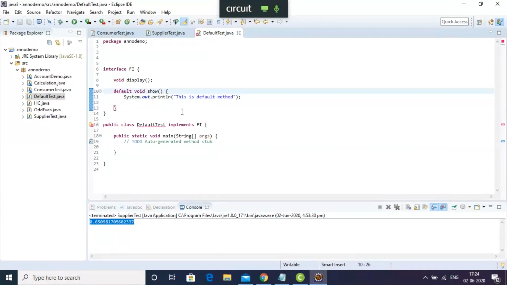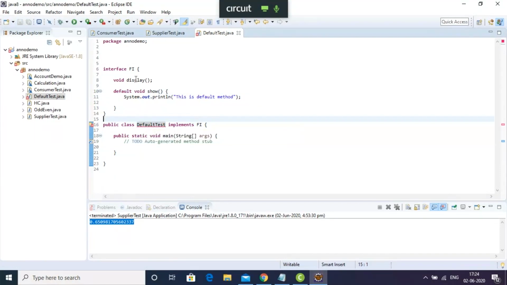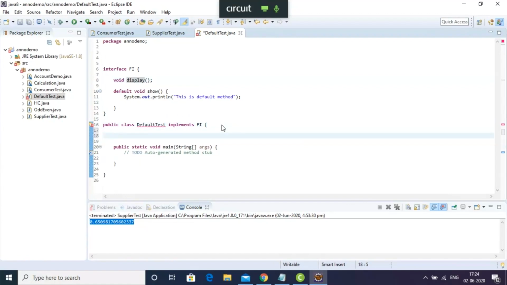Fine, no issues. Now the question is that my class implements this function interface. It is giving some error. Why? Because I have not overridden this abstract method called display. According to the properties of interface, any class that implements an interface must override all the abstract methods declared in the interface. So I have to override this one using public